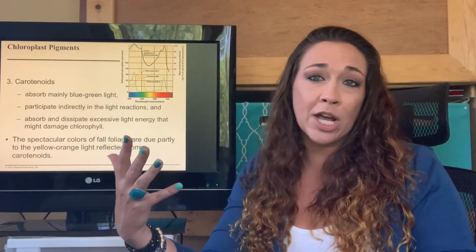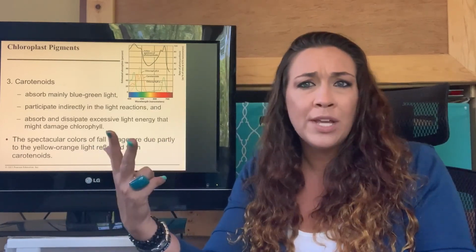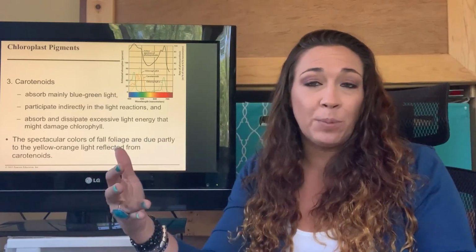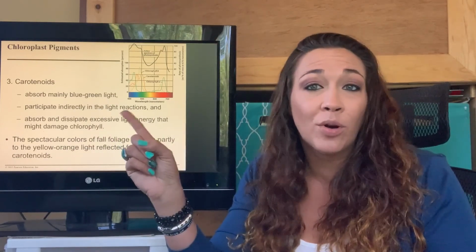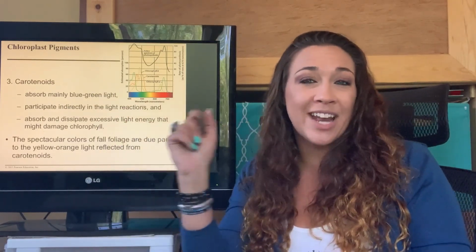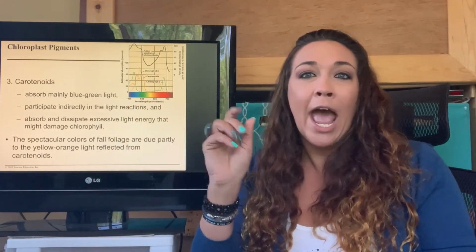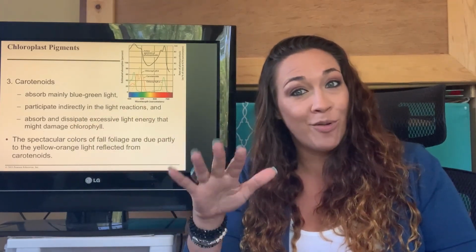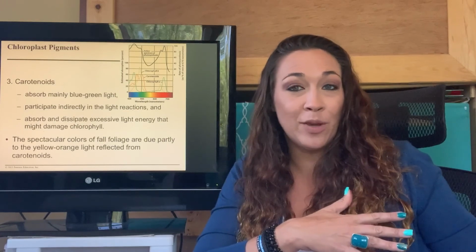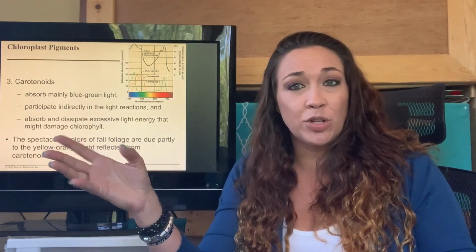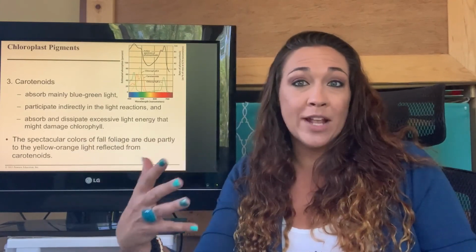Now, when it gets to wintertime, usually it's cloudier, it's cold, and it's not really efficient for photosynthesis to happen. So that's why these plant cells are like, you know what? We're going to store chlorophyll A and chlorophyll B. We're going to put those aside, and we're just going to have our carotenes for right now. Because carotenes reflect that orange, red, yellow color, unlike the chlorophyll A and B, which are more like the green and the violets and the blues. So these guys are going to reflect things like the reds and the orange and the yellow.